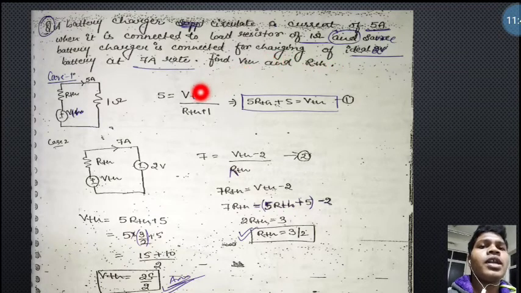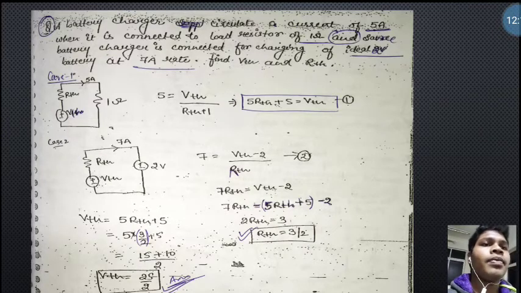So first we need to connect it in this fashion. In case number 1, this is the Thevenin's voltage and Thevenin's resistance with the load resistance. The load resistance is already given in the question, that is 1 ohm, and the load current, 5 ampere, is also given. So by using the first case, 5 ampere with the 1 ohm load resistance, we can calculate Thevenin's resistance and Thevenin's voltage.